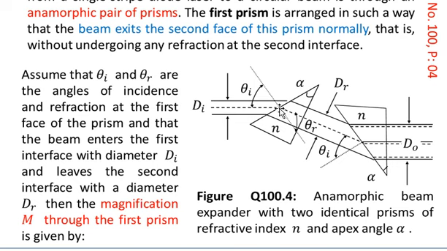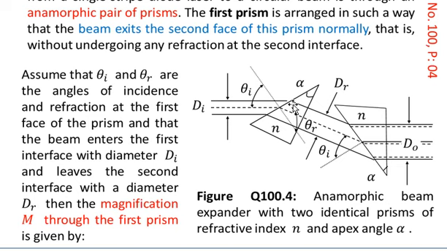From this point to the point where the solid line hits the first surface, this distance is common at the first surface for the two right angle triangles. So draw two right angle triangles with the hypotenuse equal to this